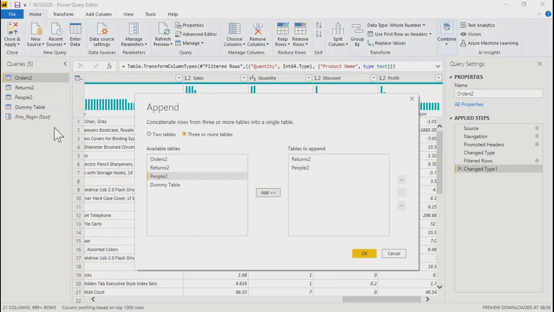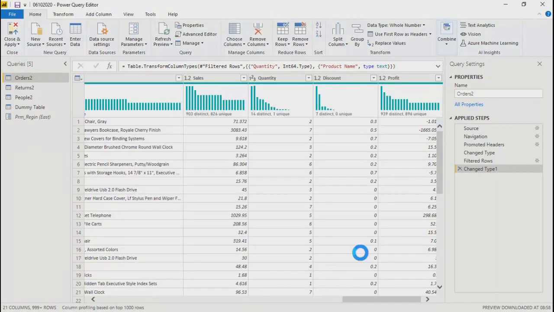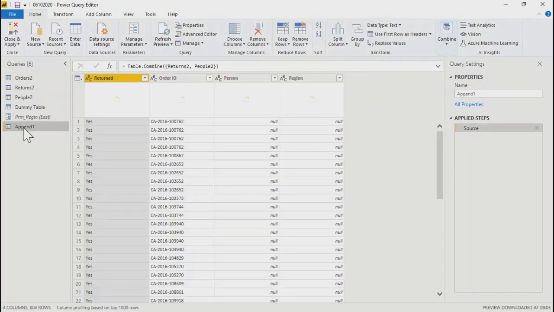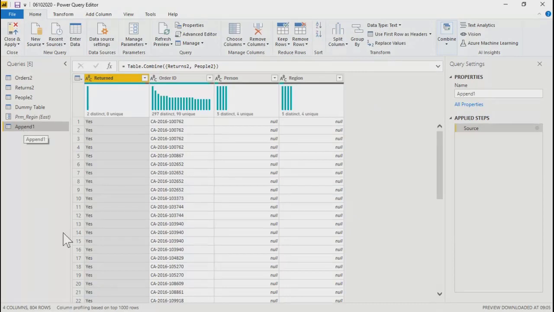I'm going to append these two tables. We'll say okay. So it will add another table here. Now if you see, total 804 records.